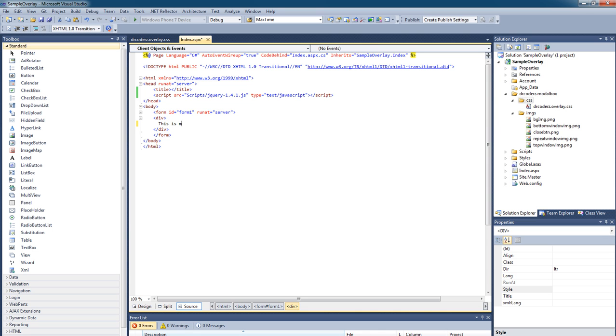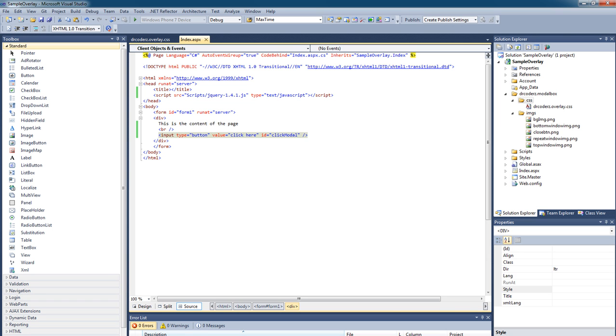So I'll say this is the content of the page, and I'm just going to put a button here, put a break line, input type button, value, I'm going to call it click here, and I'm going to use an ID so I can refer to it when I click on it. So click modal,